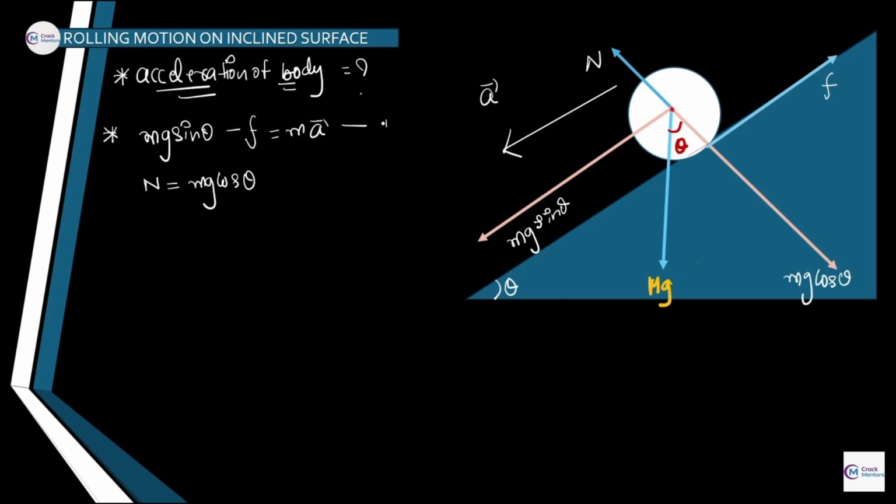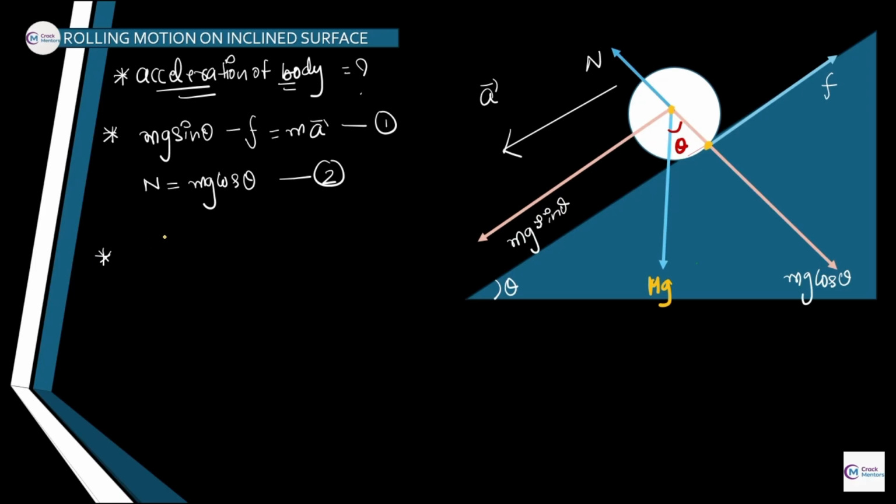I have marked these as equation 1 and equation 2. Now there is something in both of the equations that we have to solve, that is friction. How are we going to determine the value of friction? There is another equation that we can make by the torque value. What is torque? Torque is basically I alpha and r cross f as well. So we are going with the equation of torque, which is equal to I alpha.